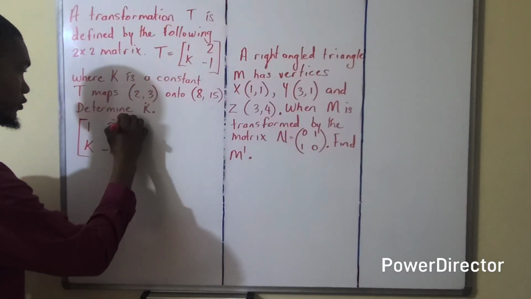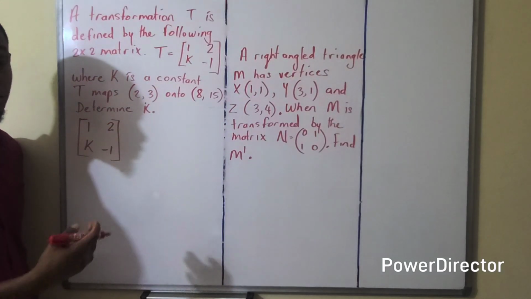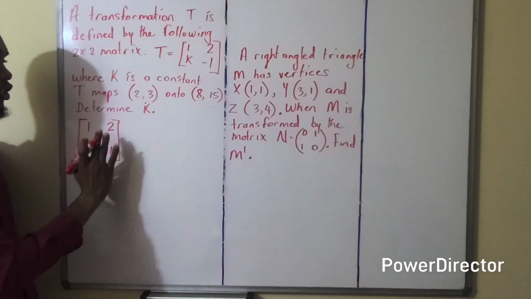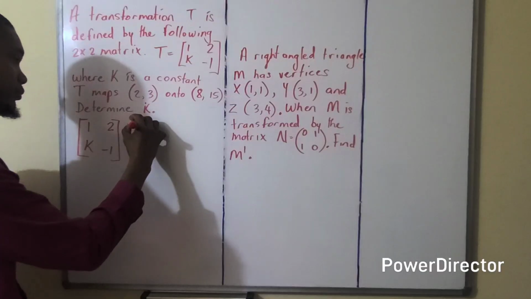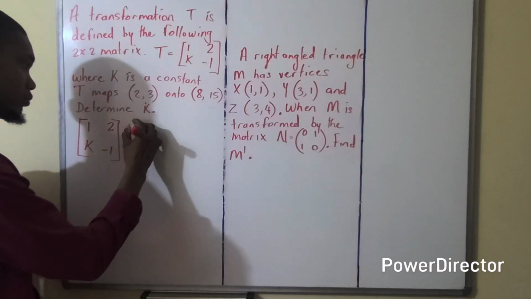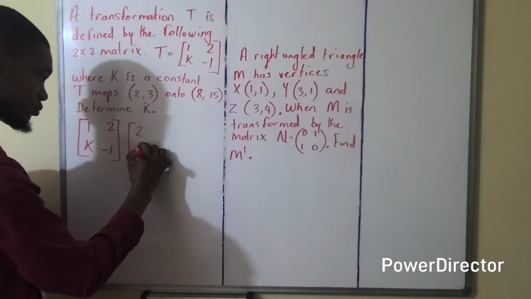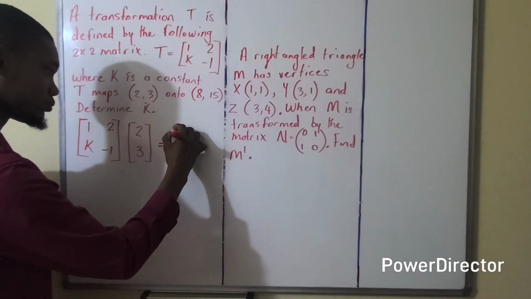So that's the matrix of transformation. And then you'll put the coordinate that was the original, based on the fact that this changed the original to something else. So the original was 2, 3. And that is equal to